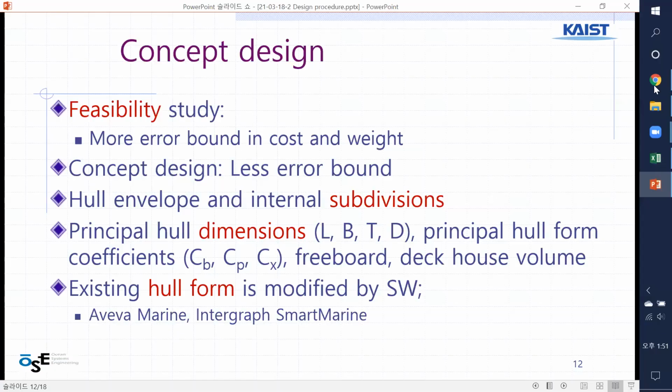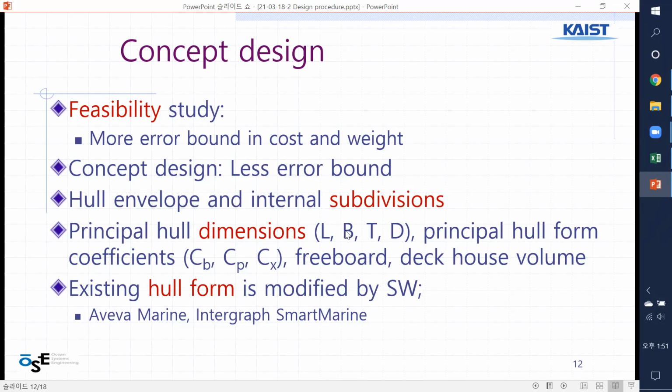Vision is there. And we said this is a feasibility study, so the error bound means the estimation of the speed, the cost, and the power requirement may be wrong. But how much wrong? The error bound is big in the early first design, right? In terms of cost and weight. In concept design, there is less error bound than in the feasibility study. So it's layers: the whole envelope, the skin, and the internal subdivision, rooms,